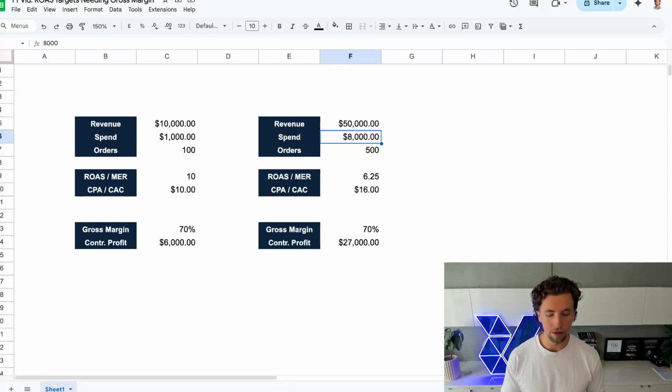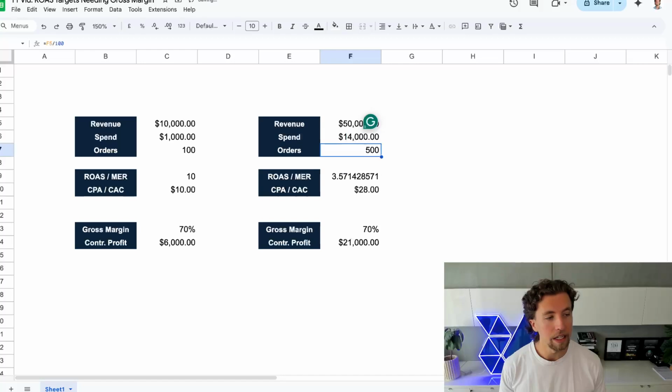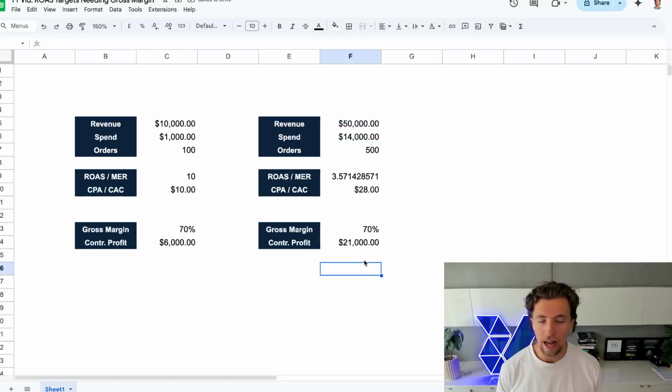And I've actually assumed that, look, this is actually going to go way higher than 8,000. It's actually going to cost us about $14,000 to get to 50K revenue. You might look at that and go, wow, we have to 14x ad spend to only get a 5x in revenue. That sounds like a terrible deal. Why would we take that? But then you run the math and it's still a fantastic deal.